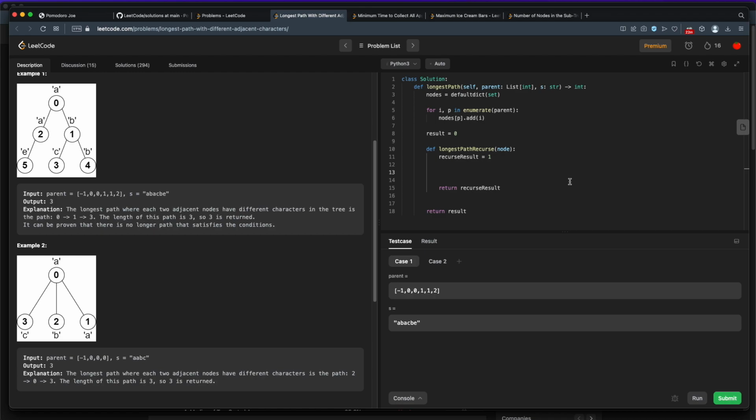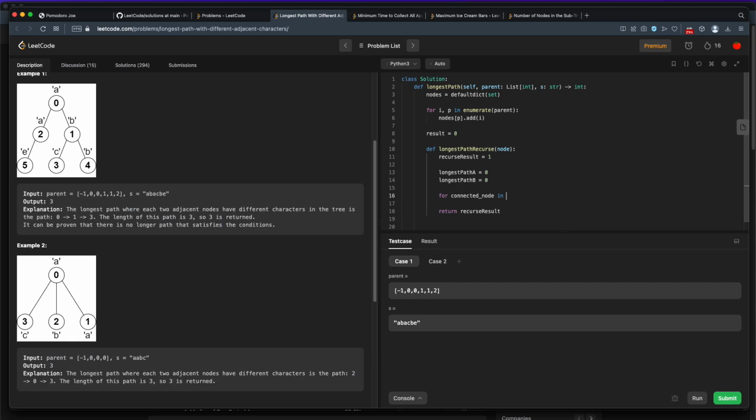Oh man, so how are we going to do that? We're going to have longest path A, and that's going to be 0 to start with, and longest path B, that's also equal to 0 to start with. All right, and then we'll want to go through and find these longest paths. All right, so how do we find the longest paths? We're going to have to go through each one of the connected nodes to see, do they have long paths? Let's find out. So for connected node,